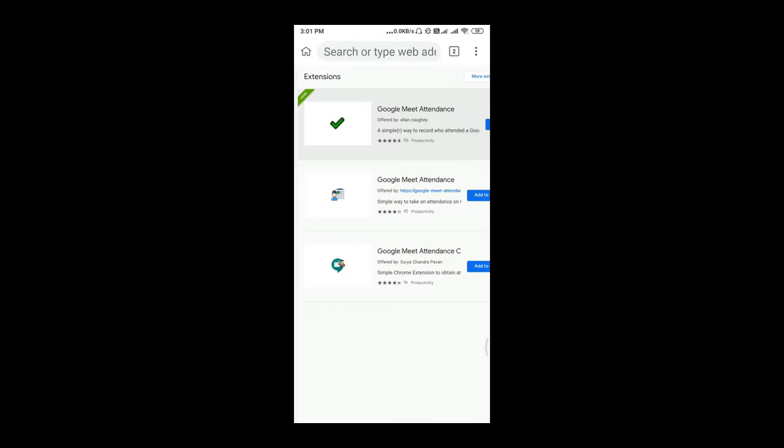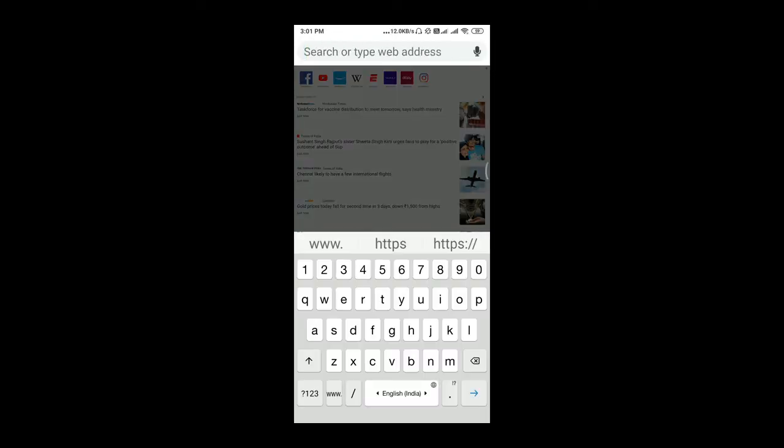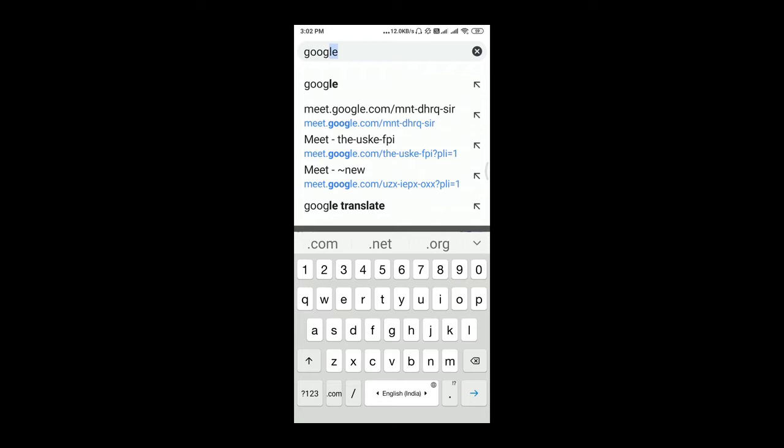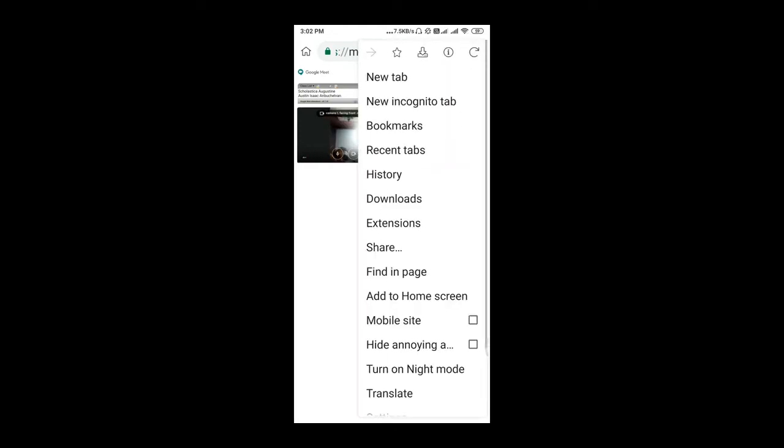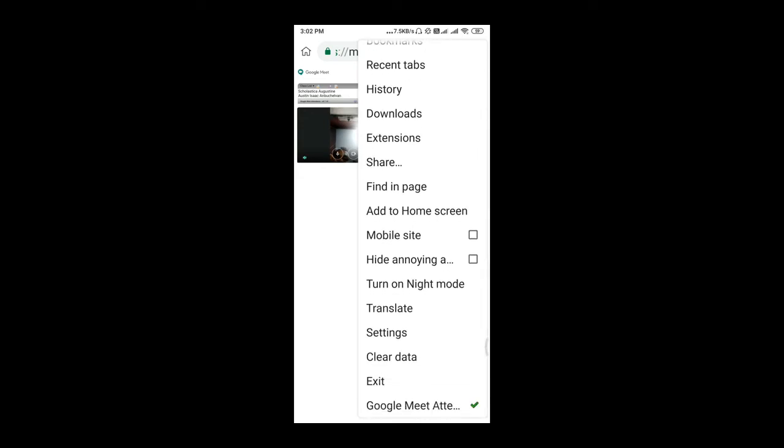Now come back to home, go to Google Meet. I am directly going to my Google Meet. Now when you go to Google Meet for the first time, you will have your Google Meet attendance here at the bottom. You have to click it.